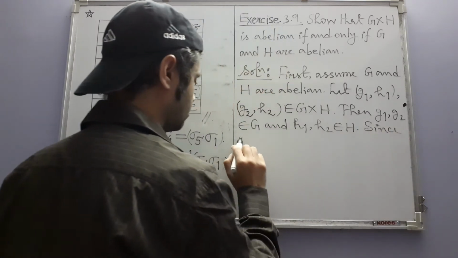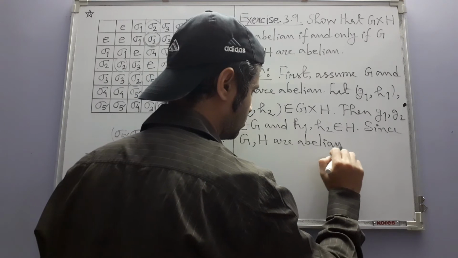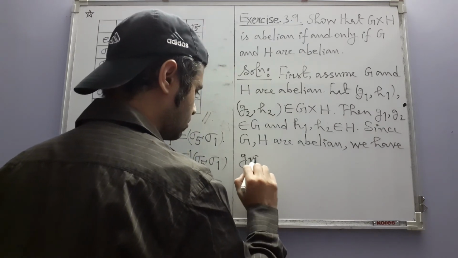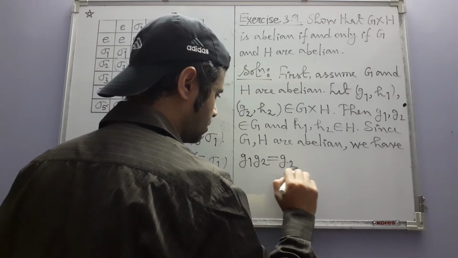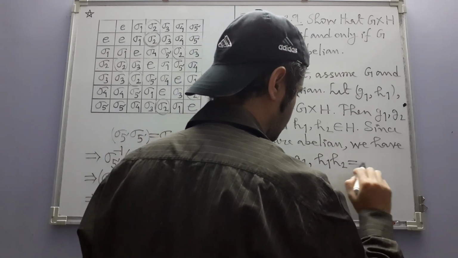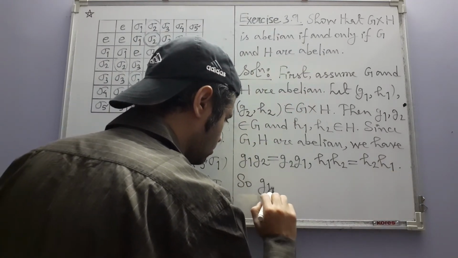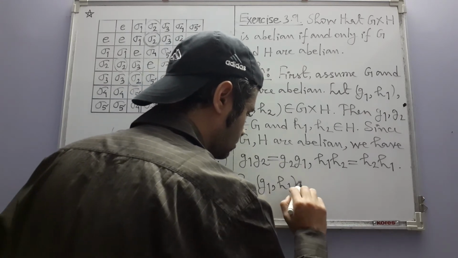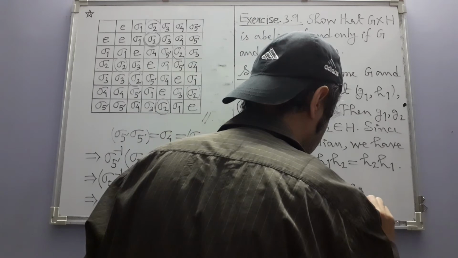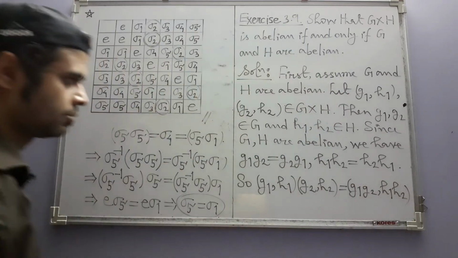Since G and H are abelian, we have G1 G2 equal to G2 G1, and like that H1 H2 equal to H2 H1. So this is equal to